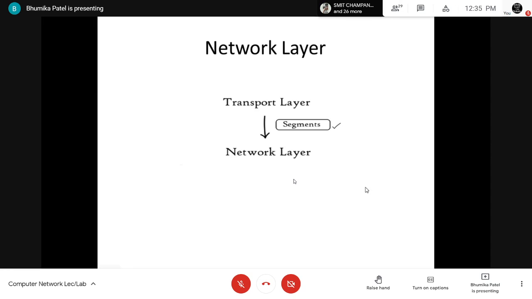Because we have to identify, in the world we have billions of machines which are connected with the internet. તો મારે particular એક જ device પર મારો message જવા જોઈએ, ના કે બધા જ કોઈ device પર, obviously, right? So as we have to identify that particular device onto which we want to send the data, it can be done with the help of the IP address, and that can be done with the help of network layer.